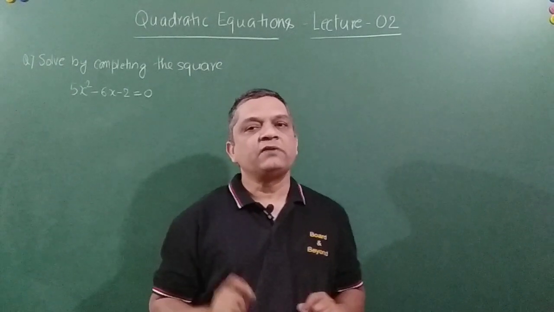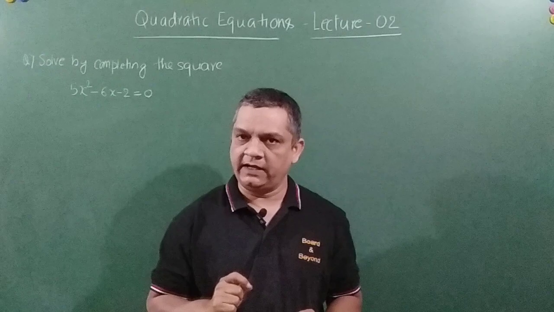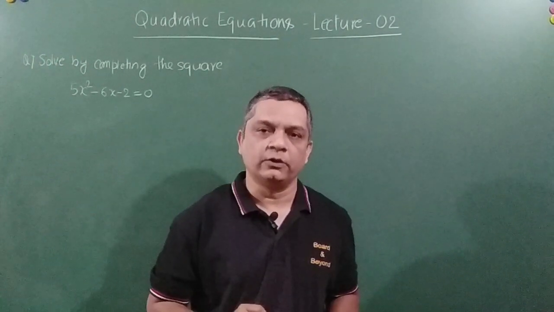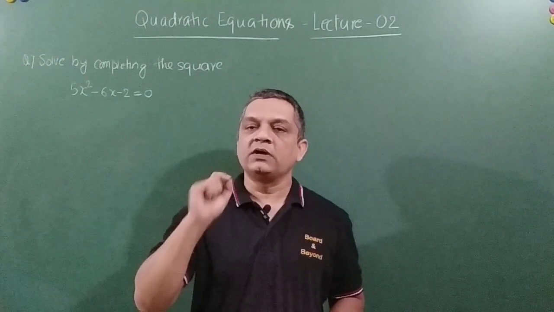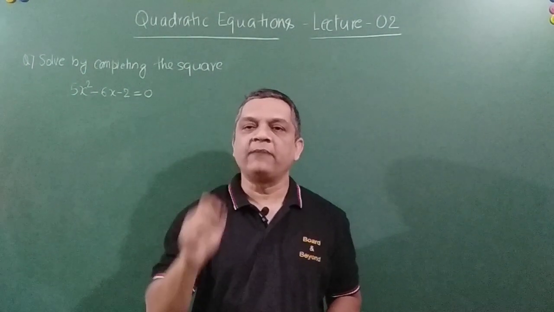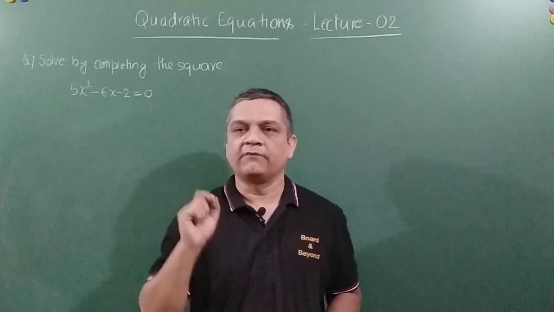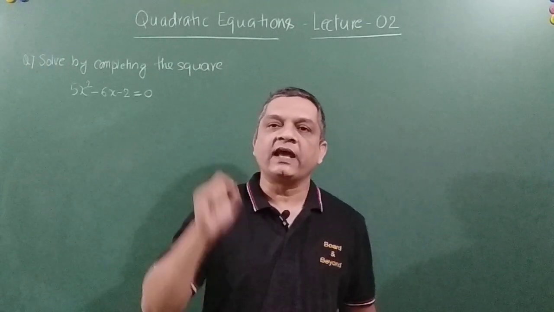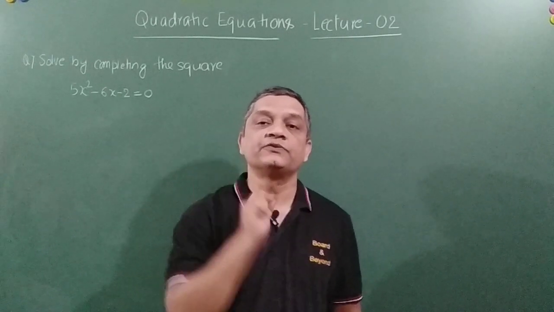Now friends, there will be certain situations wherein you will not be able to factorize, right? That means the splitting of middle terms will not be possible for you, okay? And one of those situations is if the coefficient of x and the constant term both are prime numbers, then you will not be able to factorize, right? Of course 2 is an exception here. Right friends? So how do we tackle those types of problems which you are not able to factorize? How do we find out the roots for that?